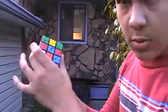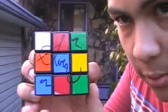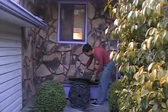Not just any Rubik's Cube, one that you actually mixed up yourself. You can see there's the signature. Now,